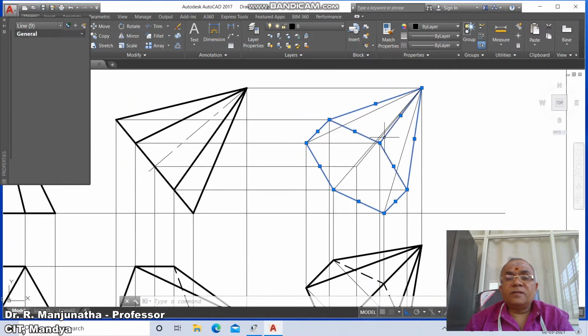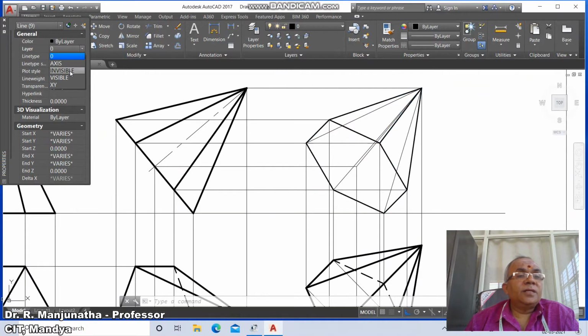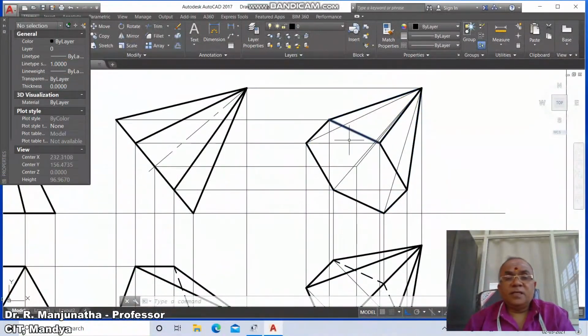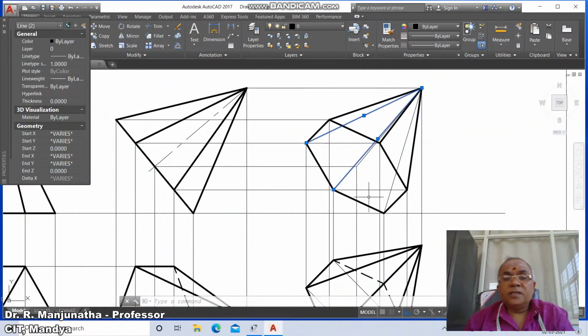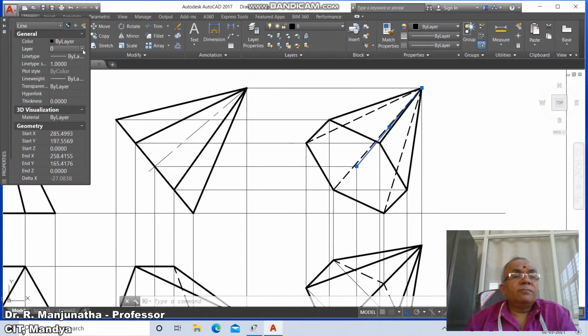Once the base surface is visible, the two base edges containing this are visible, so naturally this third edge also becomes visible. Then go to layer, make it visible, then select this and select this, and two visible edges can never cross each other, so go to invisible, take the distance as 15 and press escape. Then select this line, go to layer, make this layer as axis and select this as 10 mm and then